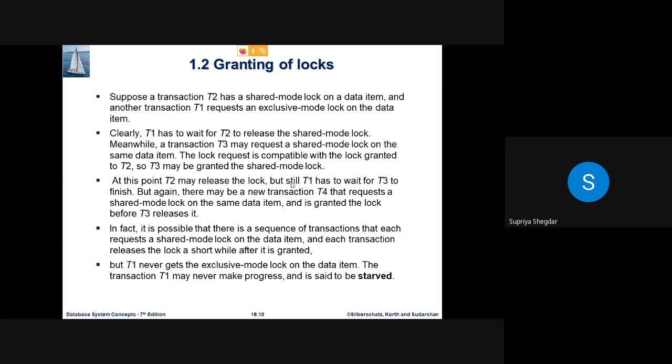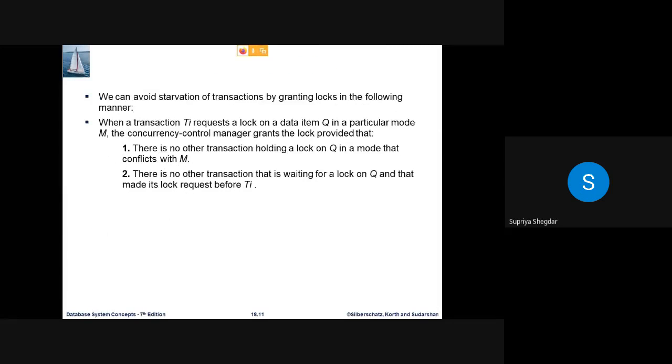Okay, so in case of granting of locks, we can avoid the situation of starvation of the transaction. How to avoid the starvation by granting the locks? First, when the transaction Ti requests a lock on the data item Q in a particular mode M, in any mode, either exclusive or shared,